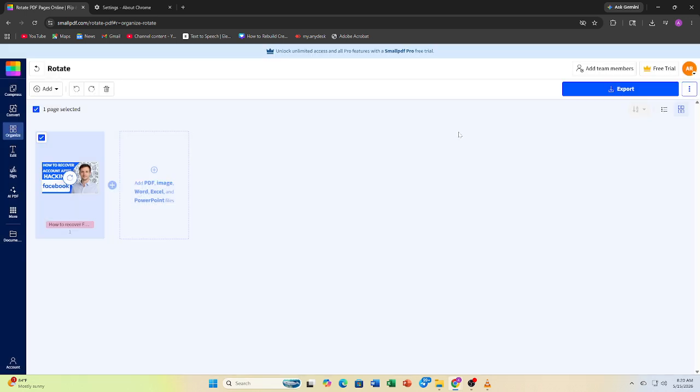Finally, open the saved PDF and check all pages, so make sure every page is correctly oriented before sharing. And that's how to rotate PDF pages on a PC for free in 2026. Once you use built-in tools or online editors, fixing page orientation becomes quick and